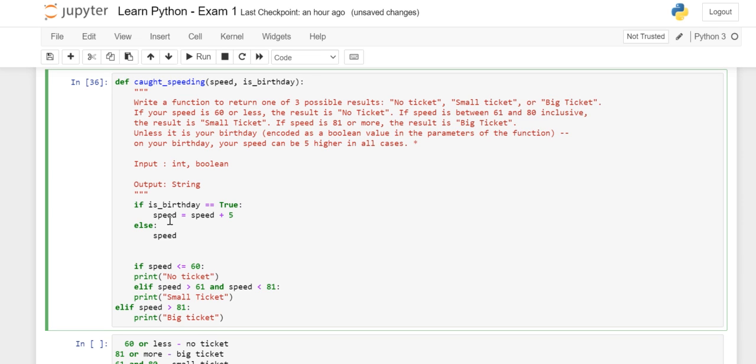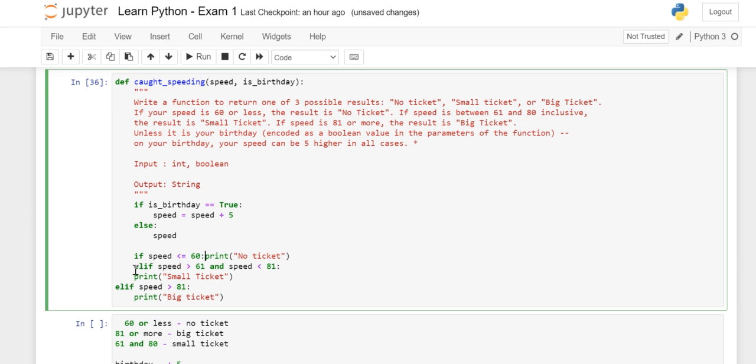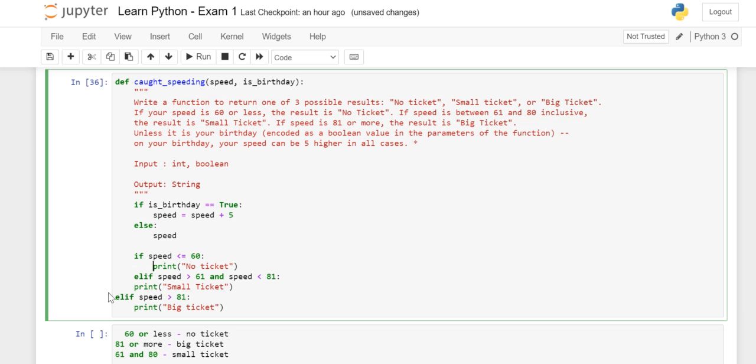When this if else is executed, then it will go and execute this if. Got it? So we have two if else here. One is for birthday, so that you can decide the speed, and then based on the speed value you are going to issue the tickets. Fine?